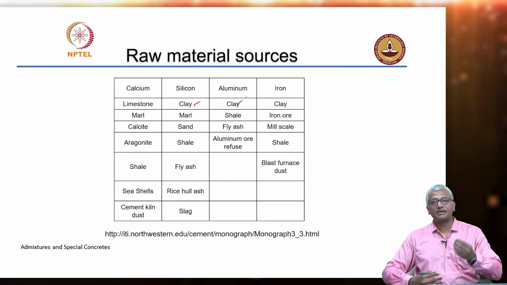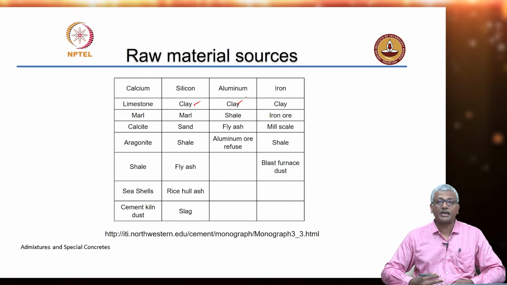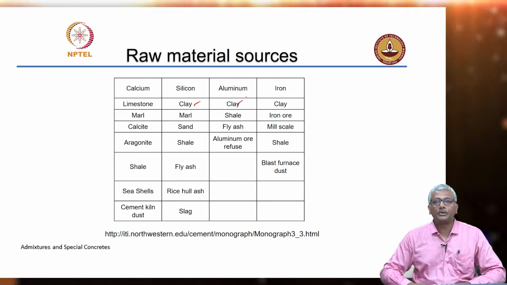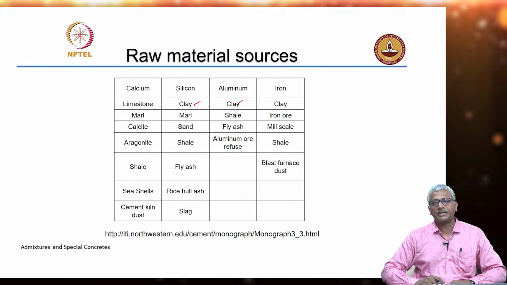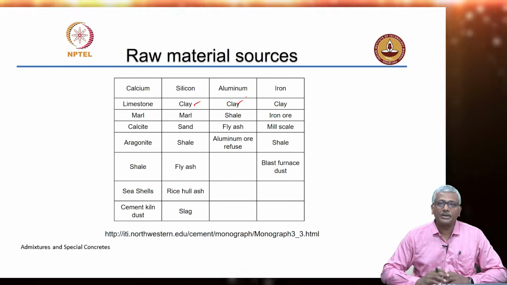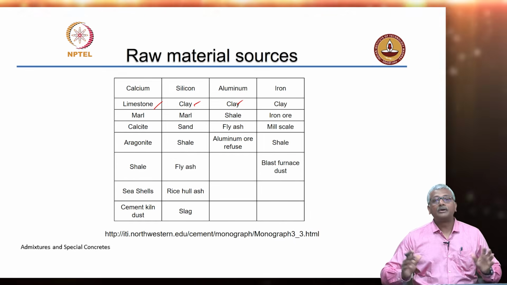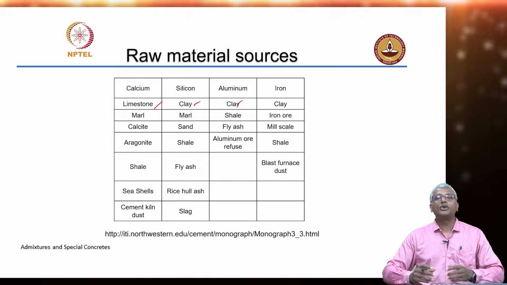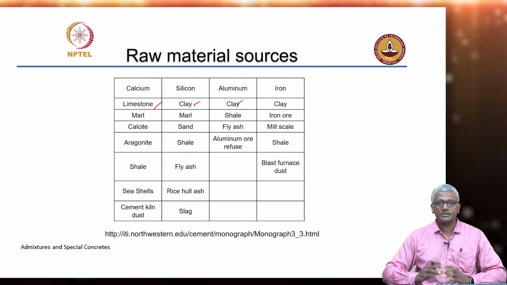Mill scale is basically the rust layer that forms on the surface of steel. And then you have shale and blast furnace dust, which can bring significant bits of iron into your system. So, all of these are potential sources from where you can get the raw materials, but primarily we are looking at limestone and clay as the two major raw material sources from which we are extracting the oxides that are going to be combining inside the cement kiln to produce the unique product that we call ordinary Portland